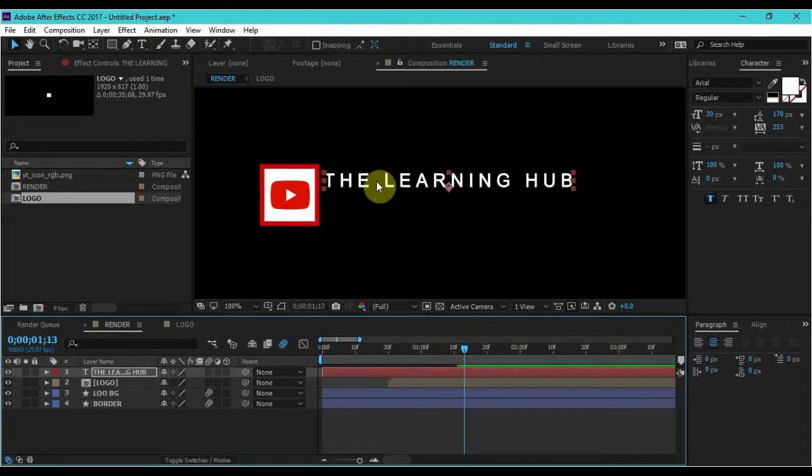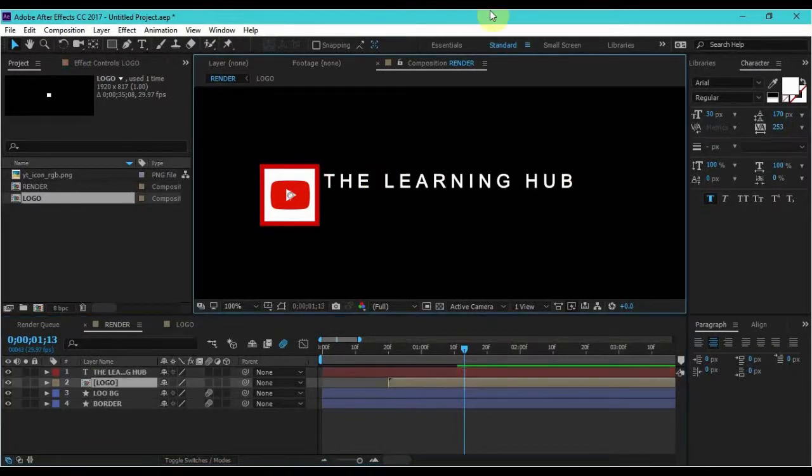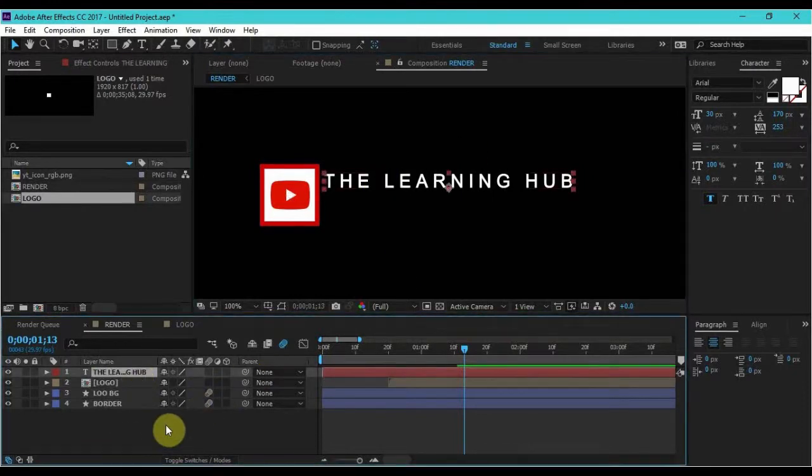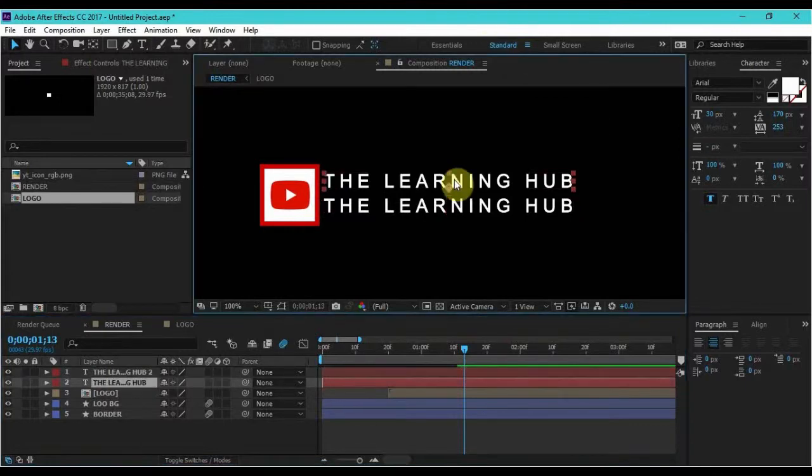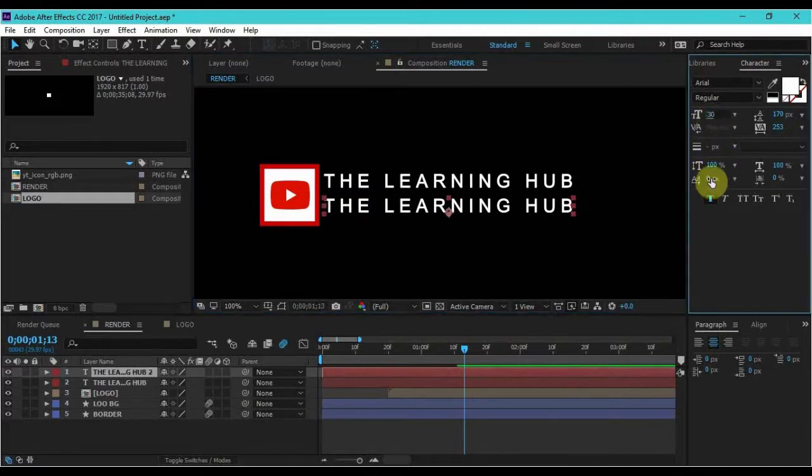just okay, then what you have to do is duplicate the text, and for most of the lower thirds, what they do is there's a main text and a subtext, so you have to focus on both of them. There should be both of them. One should be a main text like the learning hub, and other should be a subtext. I'm just gonna make it 15, and I will be typing here